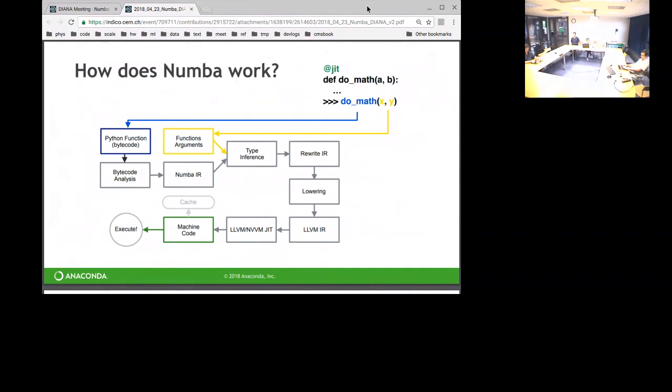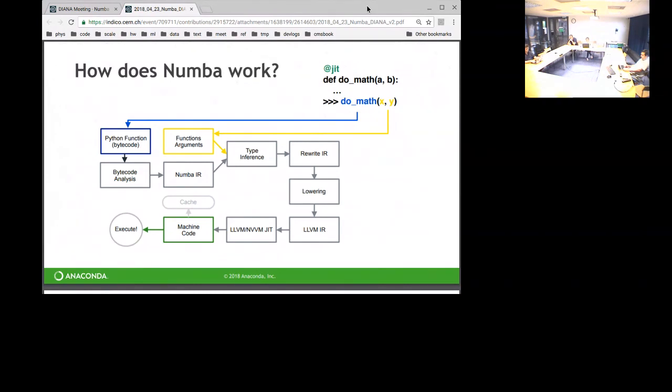LLVM produces all the machine code for us, specialized for the CPU you're sitting in front of. So if you're sitting on a Skylake, you get to use AVX-512. If you're sitting on Broadwell, you might only get AVX2. It also caches that code in memory so that the next time you go through this entire pipeline, you just skip directly to the dispatcher and execute, so that all of this compilation overhead is only incurred on the first call. After that point, the cached object code is just executed.